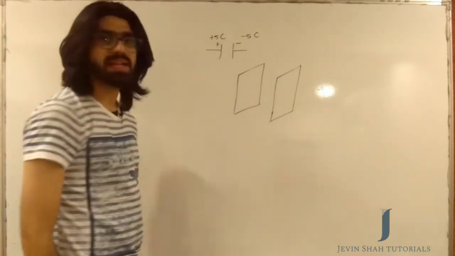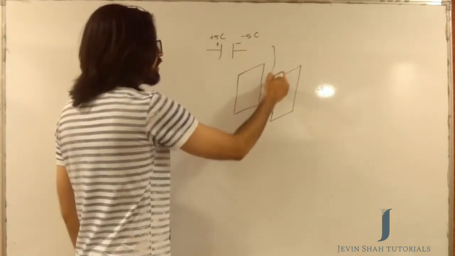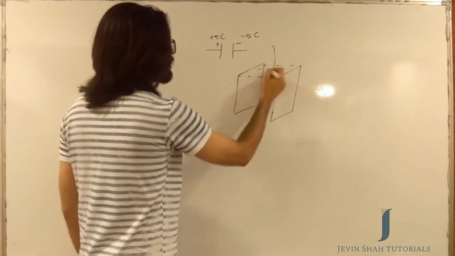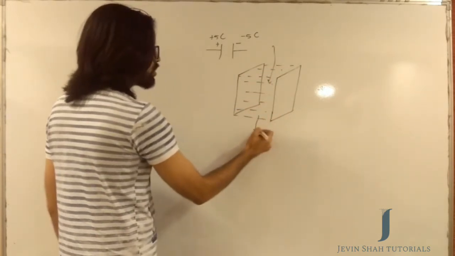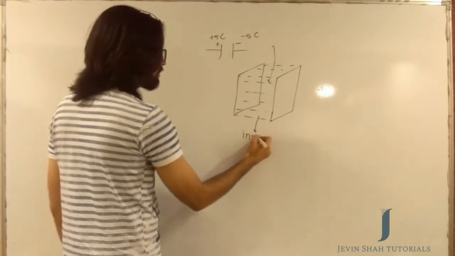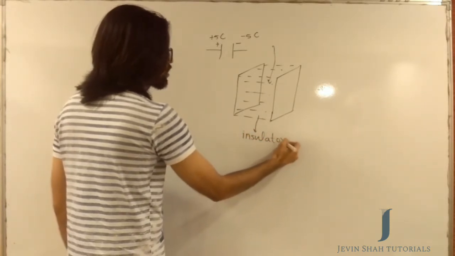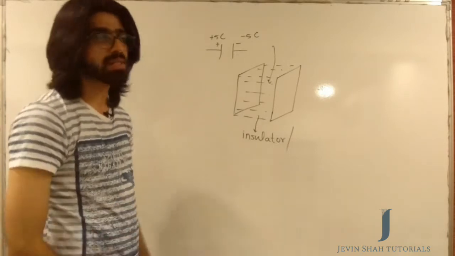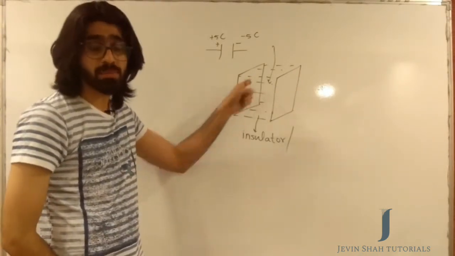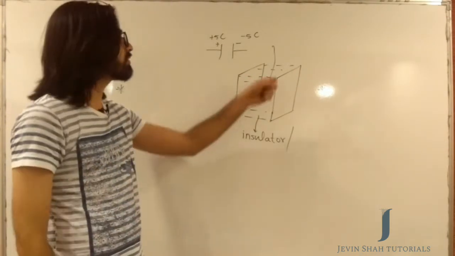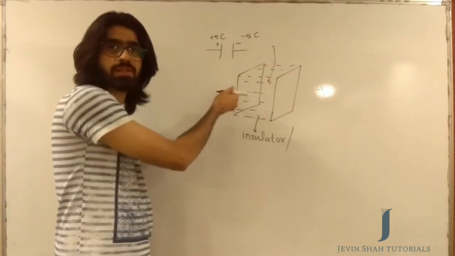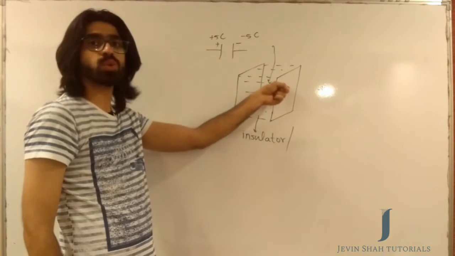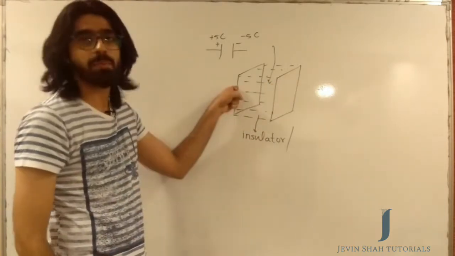The two parallel plates are filled with an insulator in between them. That insulator is what we call a dielectric. I am calling it an insulator because I need you to understand that this medium does not allow the electrical charges to flow from one plate to the other within the capacitor. Of course they will flow, but they will flow through a path which has been given from outside the capacitor.